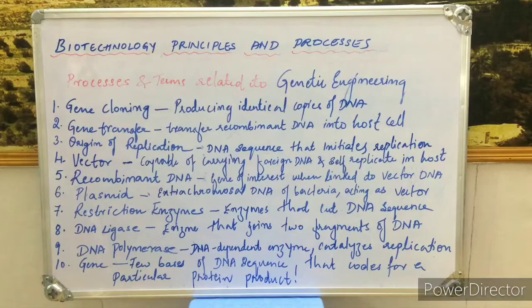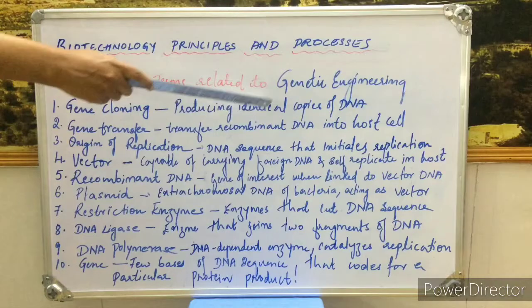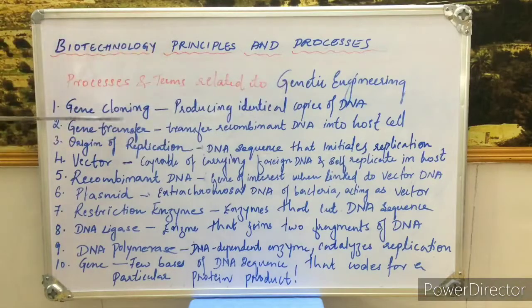So while performing this recombinant DNA technology or genetic engineering, you are going to come across certain terms and processes. Today I will be dealing with those terms and processes one by one. Because in the further topics, when you see the other processes, you will see different types of terms, techniques and so on. So first you should be aware of what these terms and technologies are. You will get used to this, right? So one by one we are going to see.